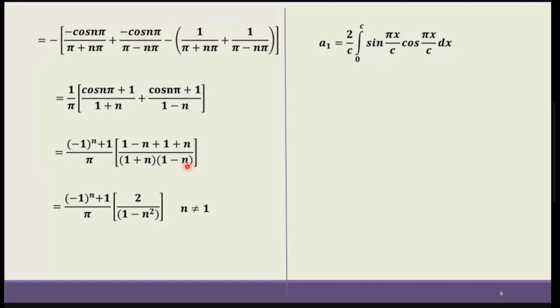ठीक है, तो अभी कैसे इंटीग्रेट करना है इसको, 2/c इंटीग्रल 0 to c sin pi x by c cos pi x by c dx। कैसे इंटीग्रेट करना है, साइन ए कॉस ए, 2 साइन ए कॉस ए दिया हुआ है इंटीग्रल के अंदर, तो वी कैन राइट 2 साइन ए कॉस ए साइन 2a। तो combining this 2 also with sin a cos a, we can write 1/c integral 0 to c sin 2a dx, where a is equal to pi x by c। तो खाली x वेरिएबल है,